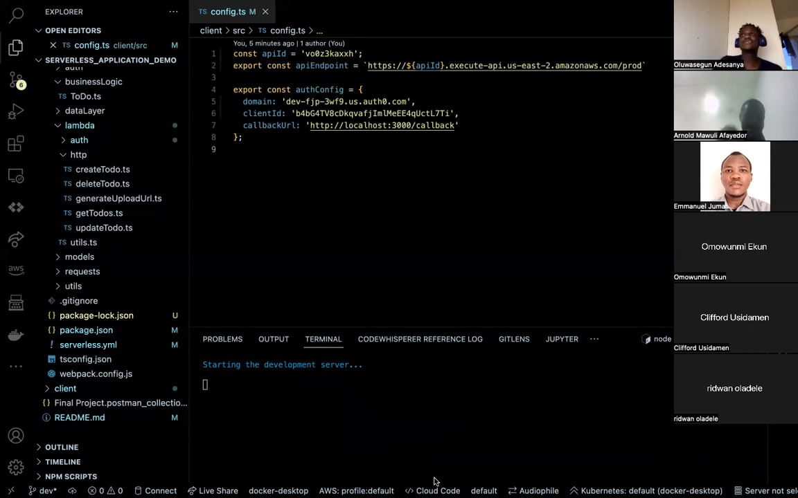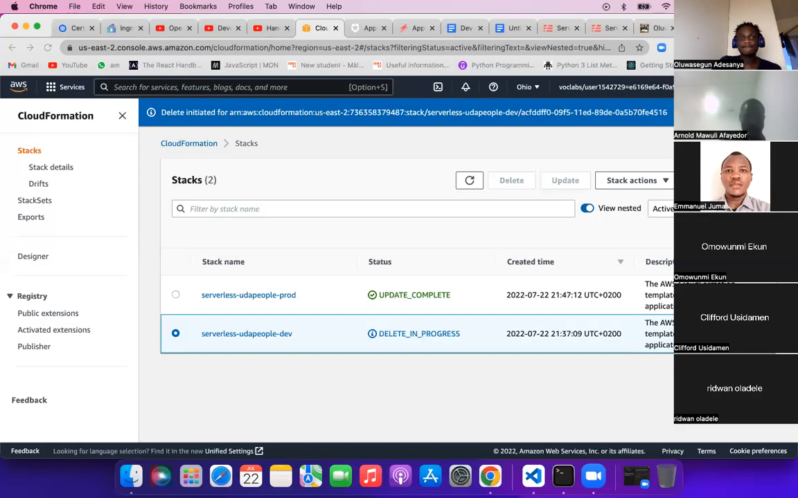Yeah, you are very correct. And one major thing I like about serverless is